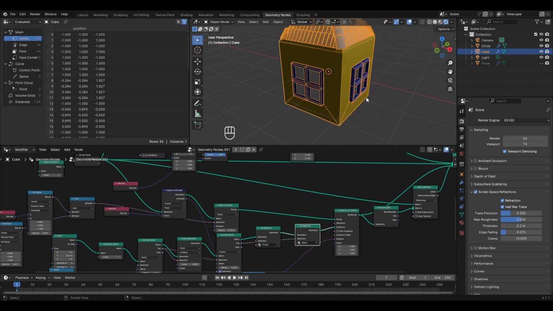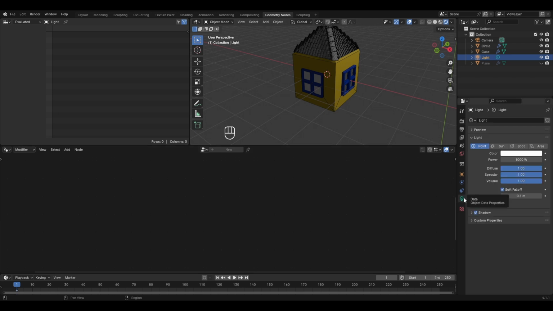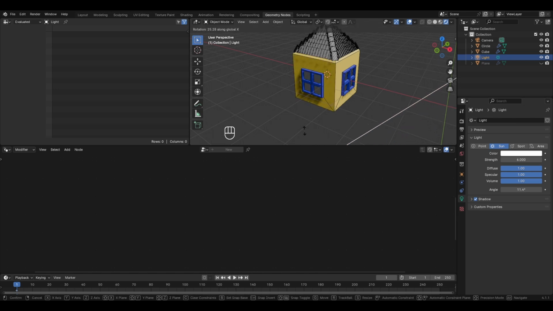And now to get some proper lighting in our scene, I'll select the light from the scene collection, go to the object data properties, and we'll change the light from point to sun. Let's reduce the strength to something like 5 or 6, then press R to rotate and X to rotate it in the x-axis. And if I move my cursor like this, then now we can see the house that we